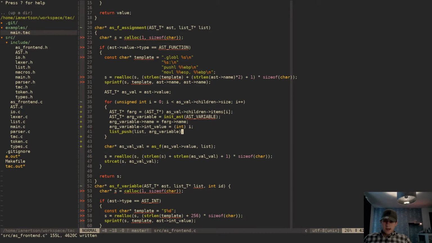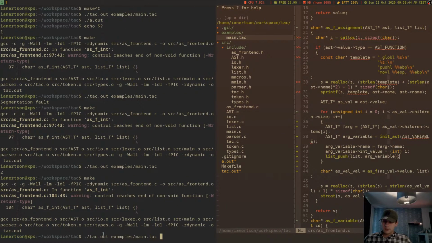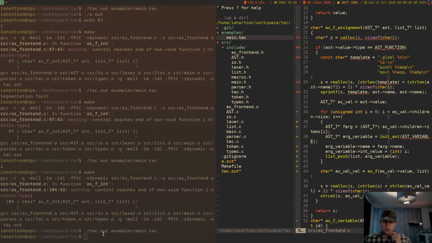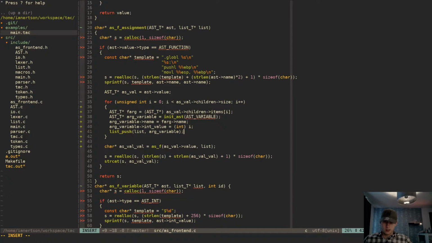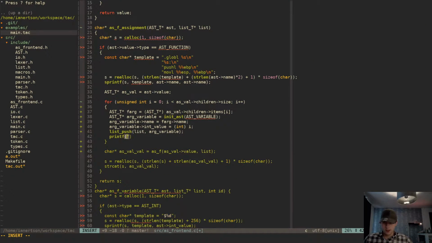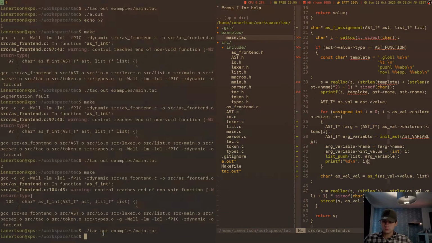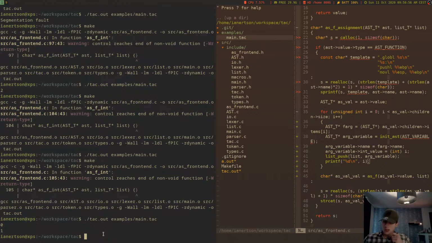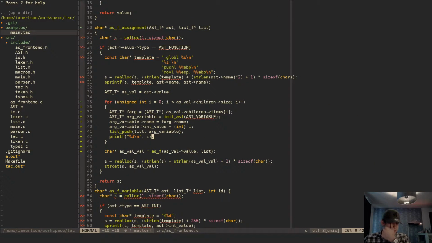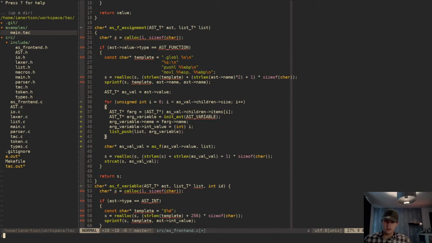So let's see if it's happy. It's happy and it works. It doesn't do anything weird. Let's just see how many times we're pushing this. Good, we're doing it twice. That's perfect. So now what we can do